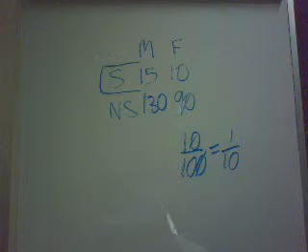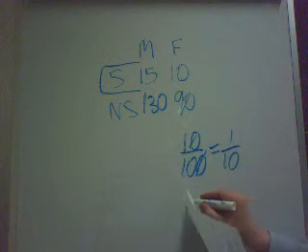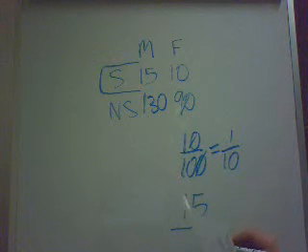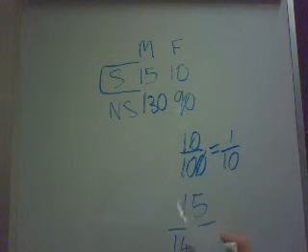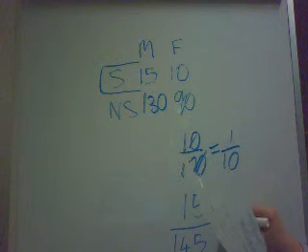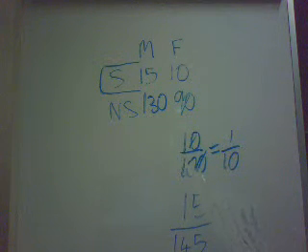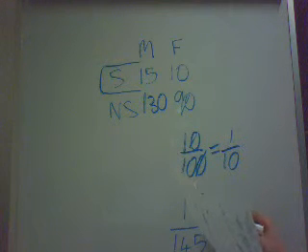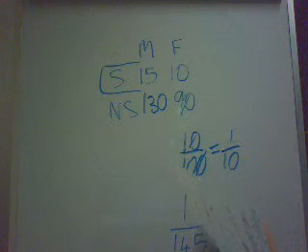And the proportion of male smokers is 15 upon 145. That's 15 male smokers and a total number of 145 males altogether. So here we would like to simplify this fraction